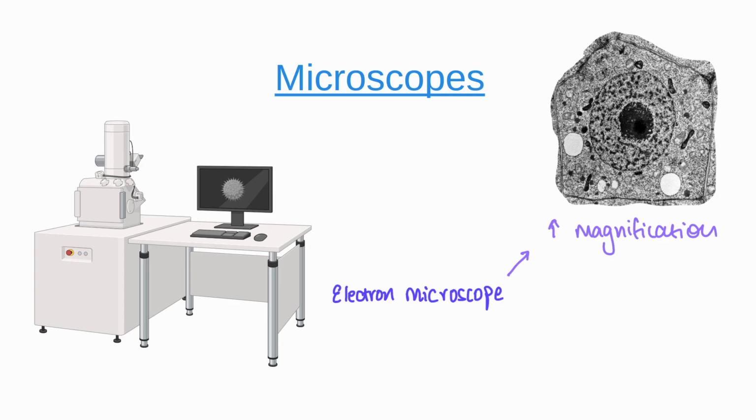So, while an electron microscope can show more detail inside a cell, there are a few drawbacks of it. Electron beams need a vacuum to travel through them. So, that means the specimen that you're using has to be dead. So, you cannot view live specimen or live cells under an electron microscope. Another thing is that since there's no light, there's no color. So, electron microscopes always make an image that is black, white, or gray. Now, since we've talked about a microscope magnifying certain things, we're going to have to think about how many times it's magnifying it.